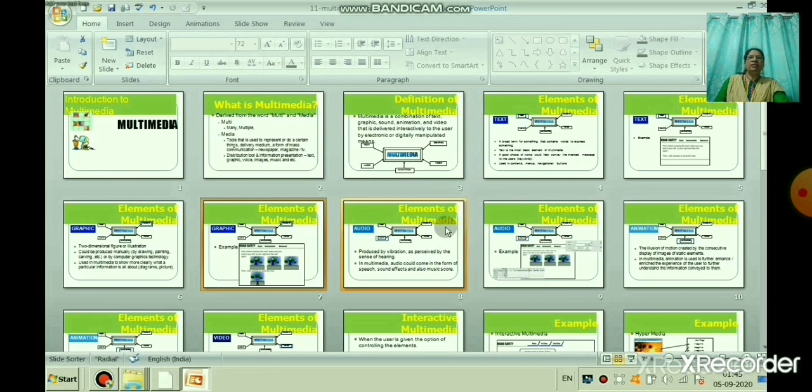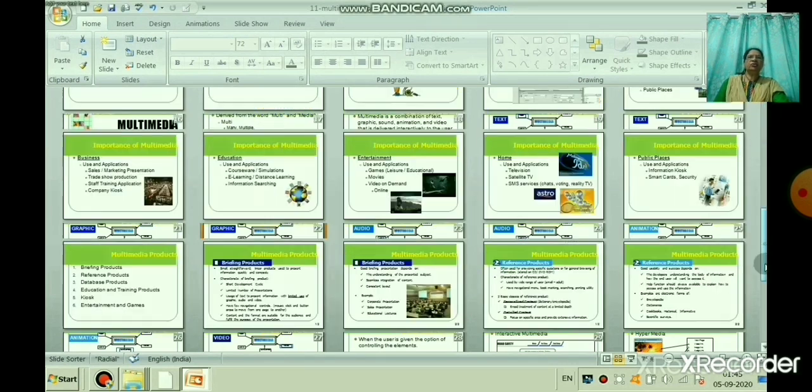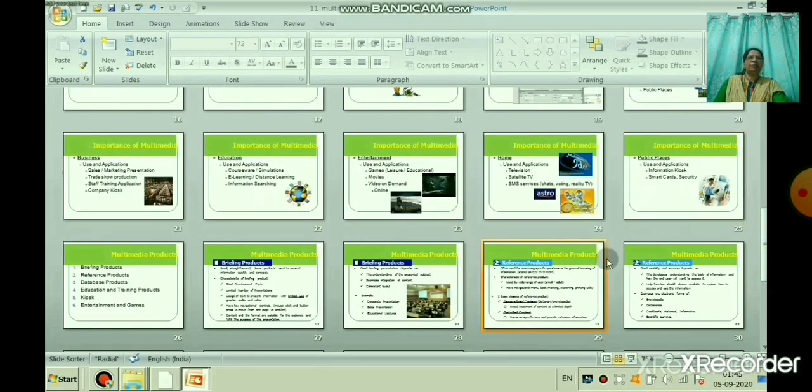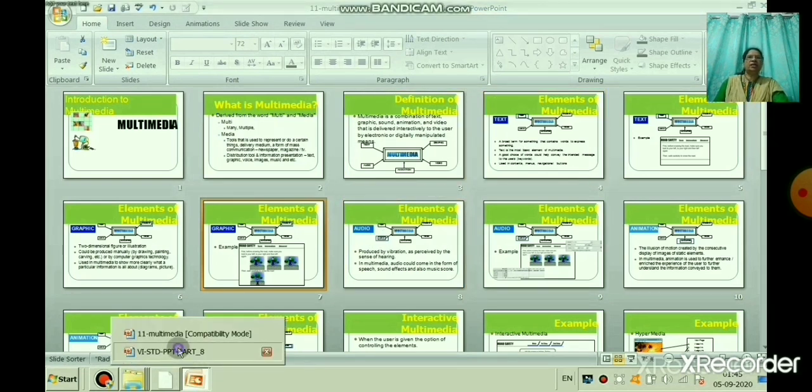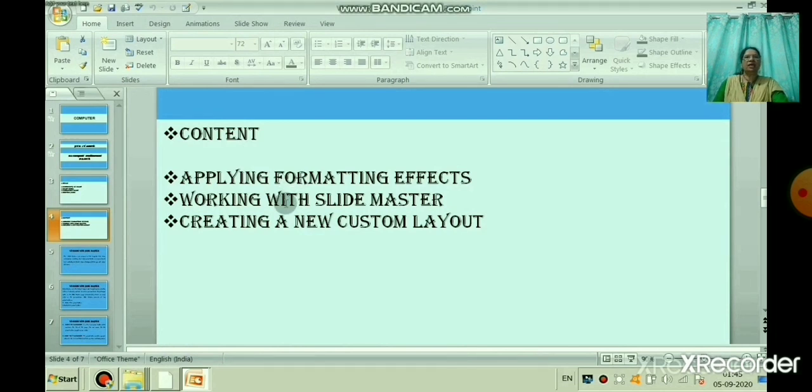But remember that text on the master slide is used only for styling. The text on the actual slide, such as titles and lists, should be typed in the normal view, and headers and footers in the header and footer dialog box. Children, remember that the text on the master slide is used only for styling.